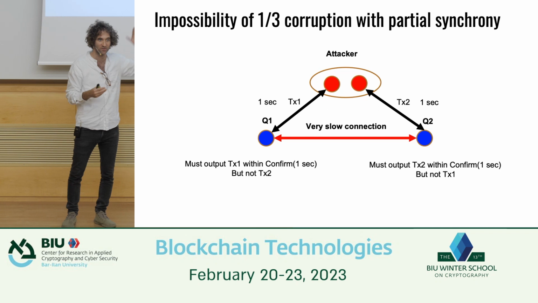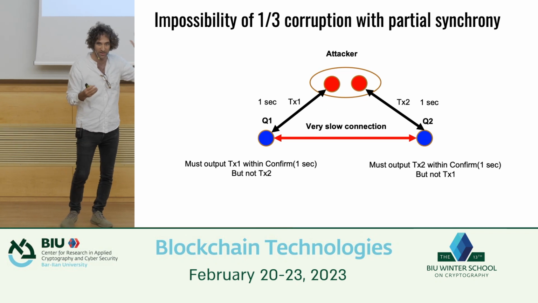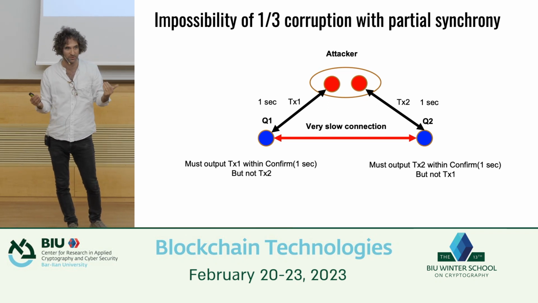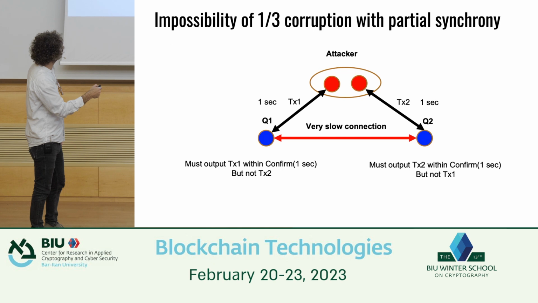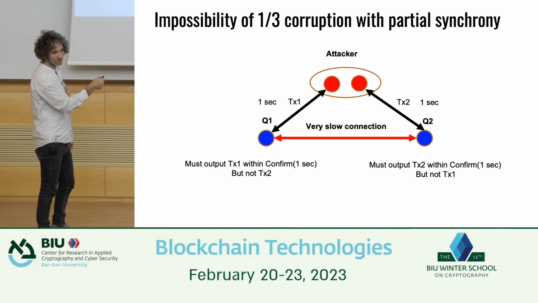That is an upper bound on all the communication. So therefore, by liveness, that thing needs to be output. There is a very slow connection? Yes. Think of this as an honest guy, this is an honest guy, and this is a bad guy. The slow connection is like this guy being a silent bad guy. So now we have two honest guys talking, and we're trying to provide transaction TX1.